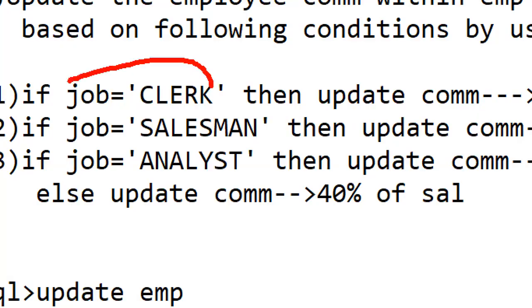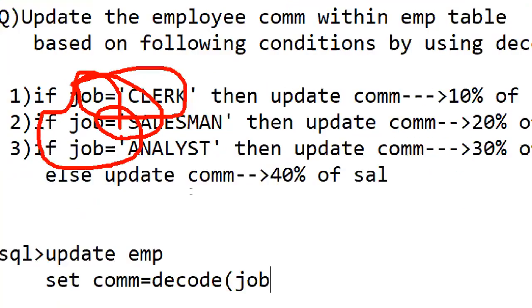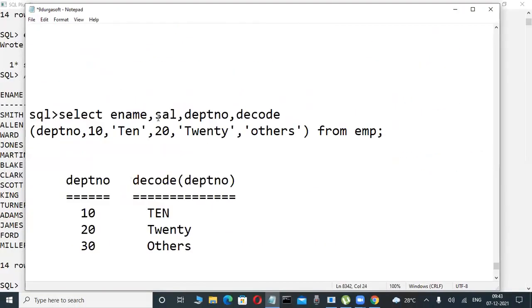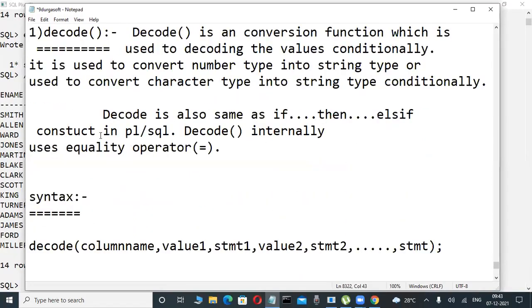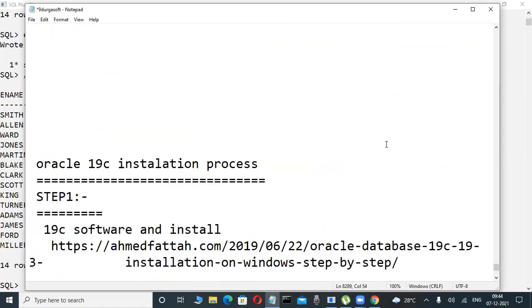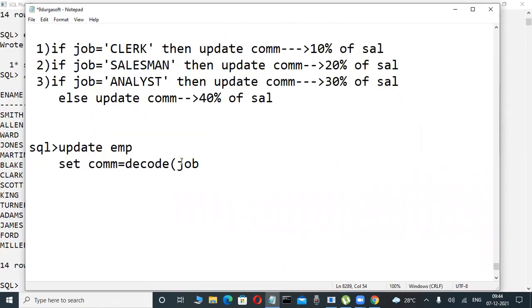Yeah, that's why be careful. For the if condition, the column based on which we decide, that column we are passing. If job is equal to, in a previous case, if department number is equal to something, I told you or not. Yesterday, I told you the if then else if construct. Yes, that is a key concept only. You are identifying it. And now check it out. If job is equal to which one? Clerk. Then commission is what? 10% of the salary.